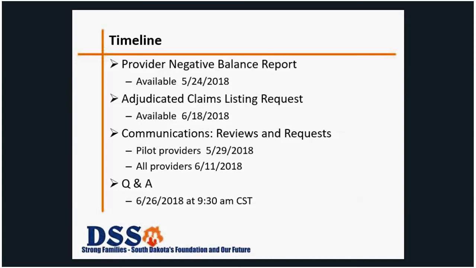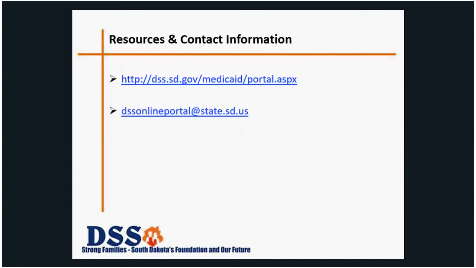Central Standard Time. So if you go into these pieces of functionality and you are not able to figure out what you need to do and you have some questions, please call in at that time and we will be answering those questions. You can also submit questions to the DSS Online Portal email, which is dssonlineportal@state.sd.us. You will also find this PowerPoint and the updated user guide at our Medicaid portal webpage, which is